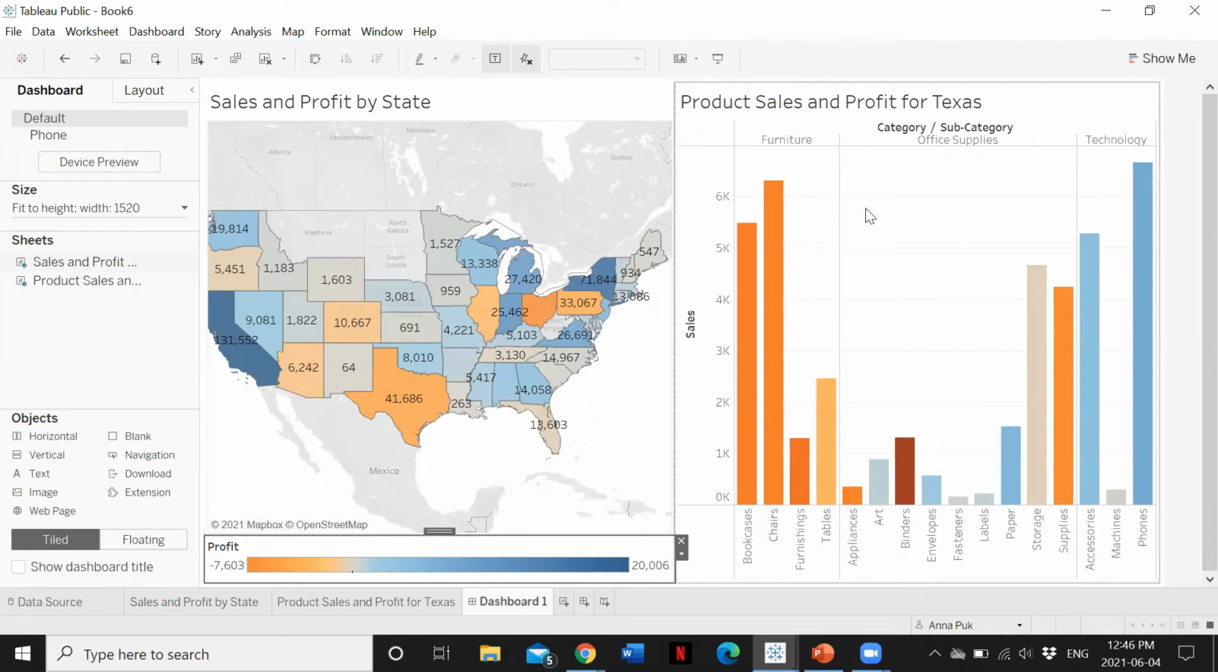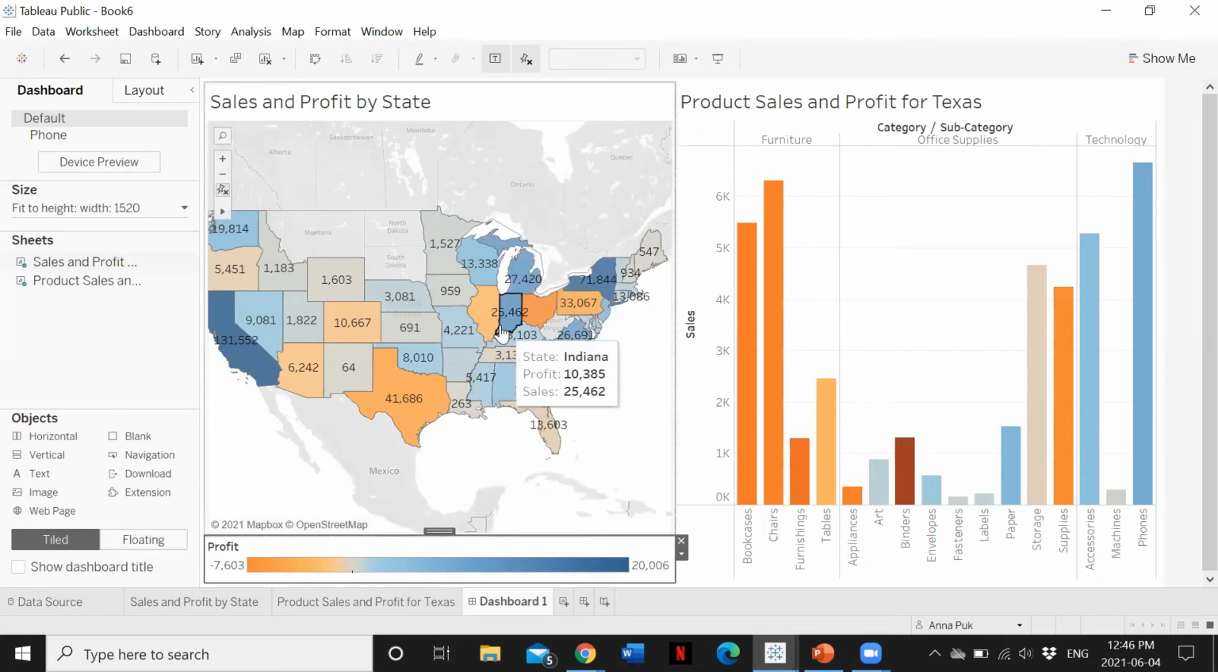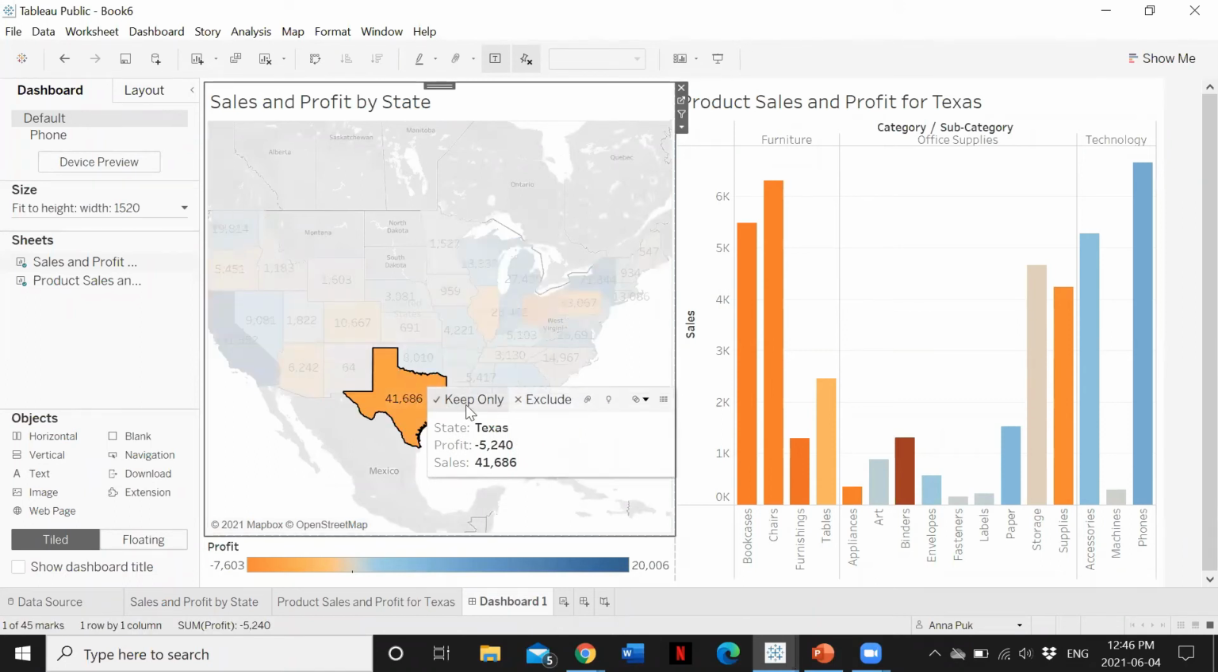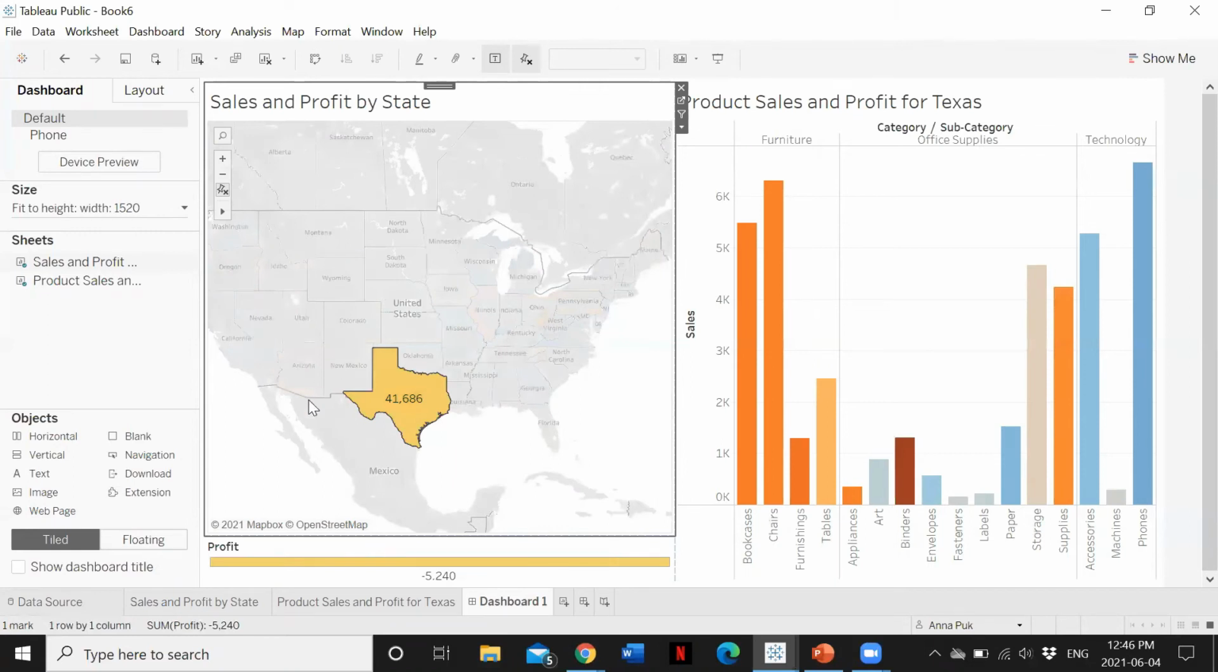Oh, and then just as a small recap, there's so many different ways that you can modify this visualization. So you can add text, images, web pages, and just a host of other ways. You can select specific states. So if you click on Texas, you can just keep Texas, clicking keep only, and we can see that we're looking at the information for Texas, and that is our little preview of our subcategories or categories and how they're doing. So we don't really want that right now, so we'll just go back to our other dashboard,